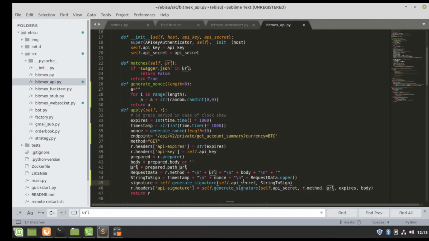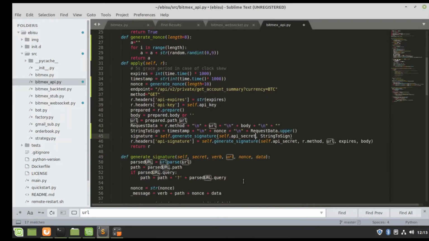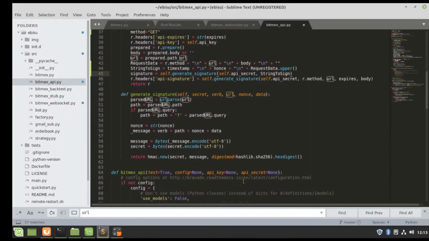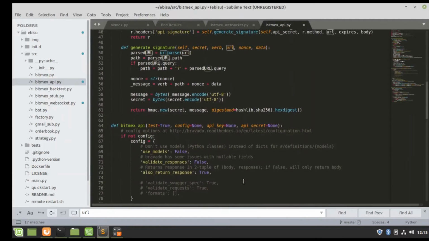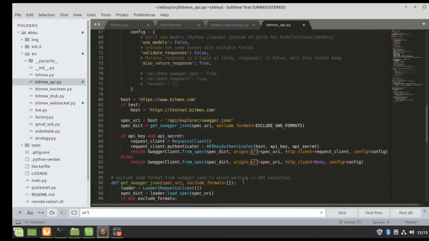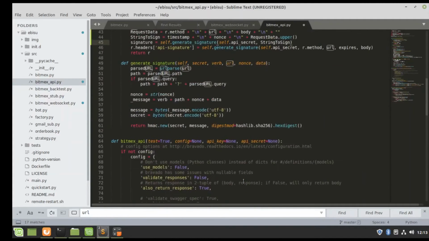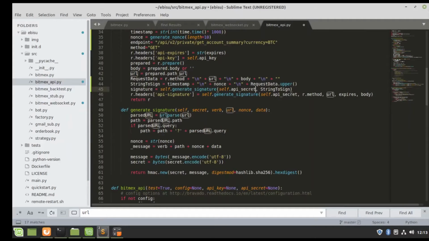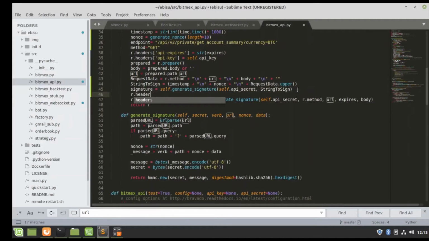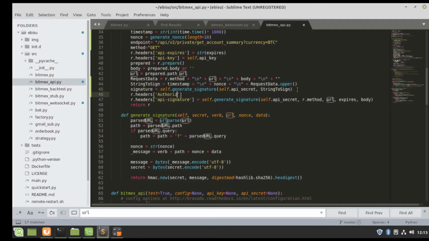Do we have authorization? Where are my headers? API key authenticator. None of this is what I want. r.headers is what I'm looking for. r.headers authorization equals